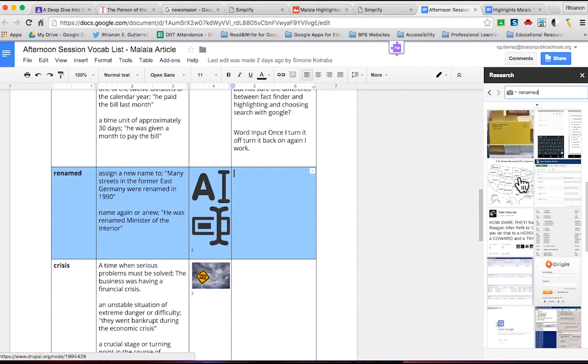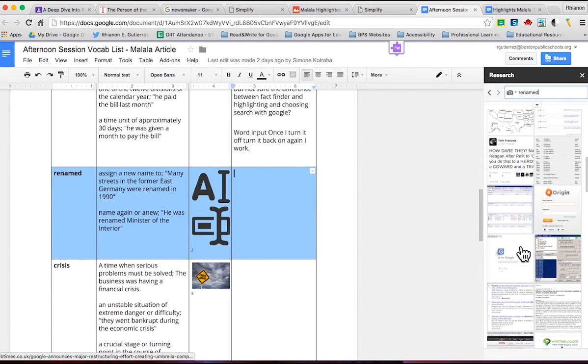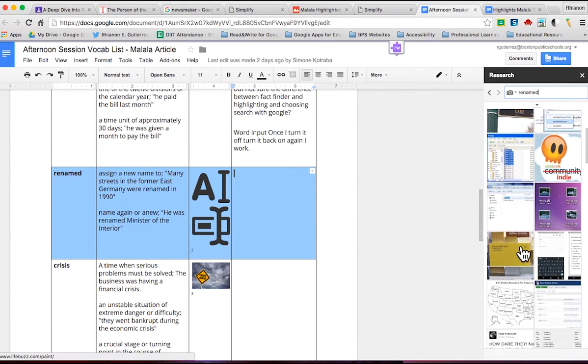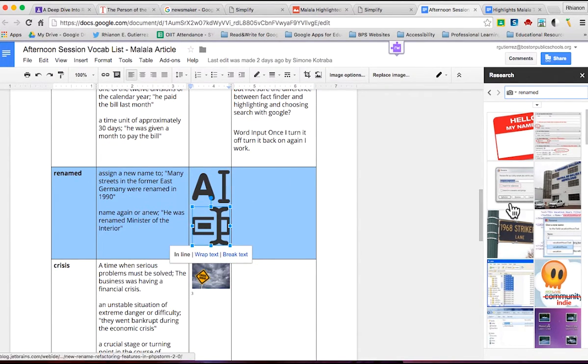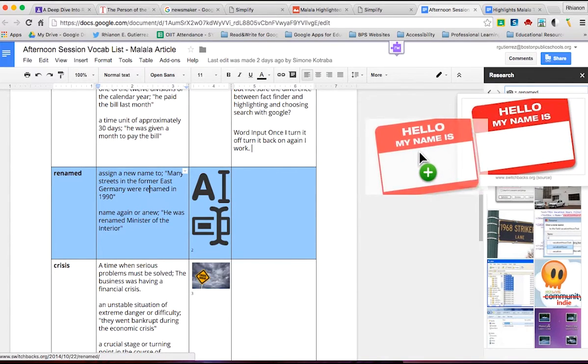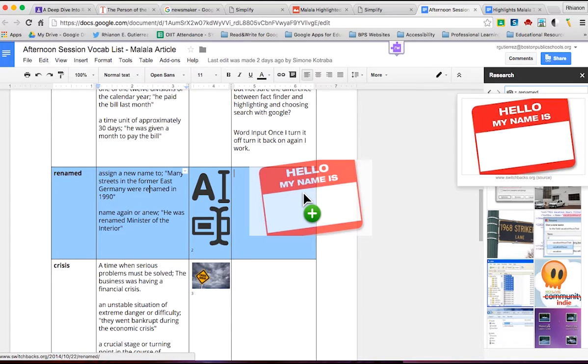It's okay if you feel that perhaps these images are not sufficient. You notice that the images that are present for renamed in the vocabulary list are a little bit different than what we see here. That's okay. So once you've found the image you want, you just select it and drag it and drop it in.